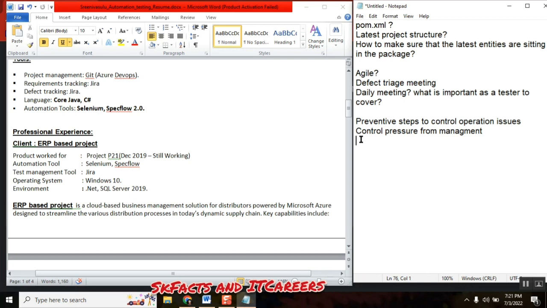So you have only 2 weeks of time or 1 week of time. As a tester, what are the things you need to focus on to be ready with that particular requirement or project? If I have to take that project immediately, like a takeover or something, I will